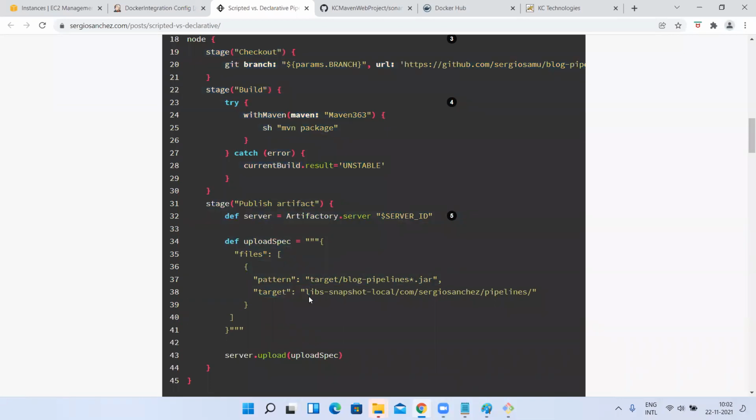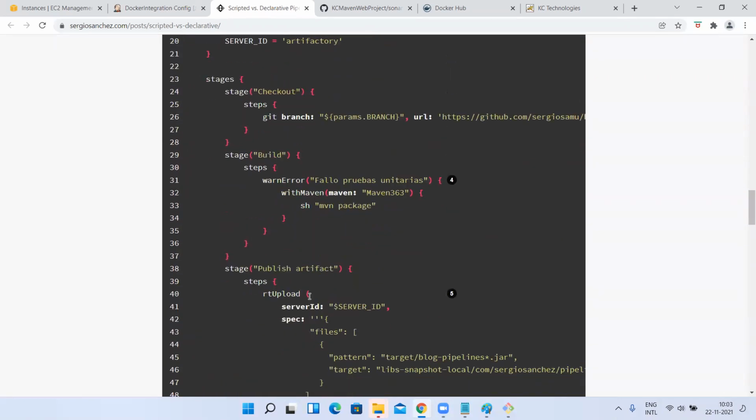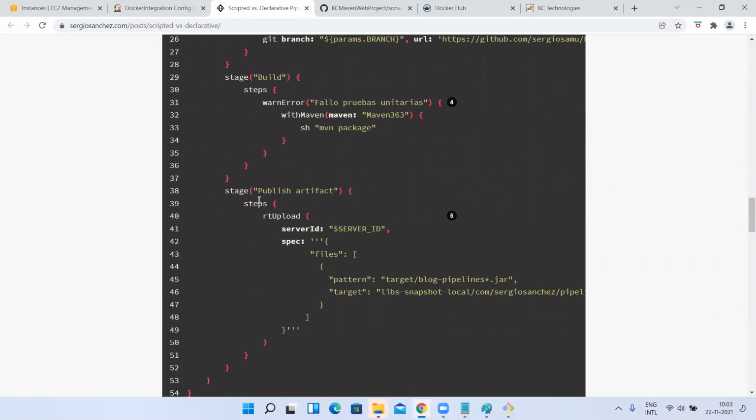If you want, you can check the differences between declarative and scripted formats on Google. Declarative will have predefined things, so many things inbuilt. You have to remember the functions and do it. Whereas scripted is like a white paper: everything you have to write. It is flexible; however you want, you can write it. But in declarative, it's not like that. It has its own steps, like RT upload. You have to remember this and do it. Understood, guys?